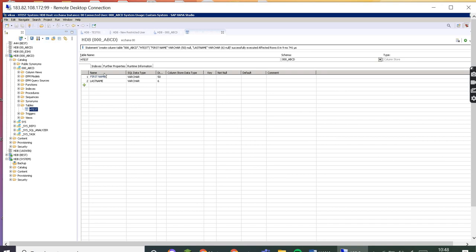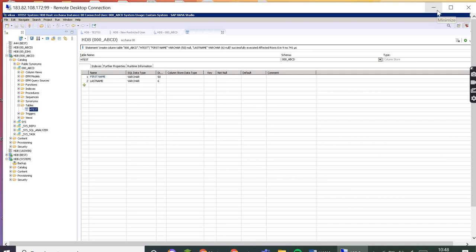Creating tables is anyway not our job as a security consultant, but since we don't have any developer here, we have to create some of the tables and views on our own and do the testing. But the main concept I want to tell you is that we did not use a design time object; we created it with the help of the menu, so it is a runtime object. Any query before moving on?